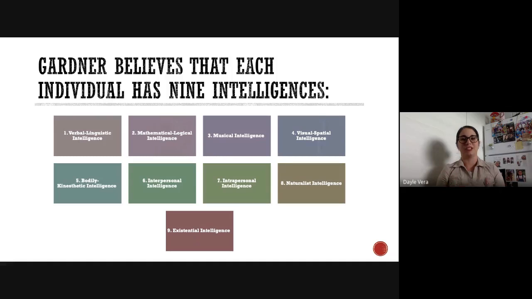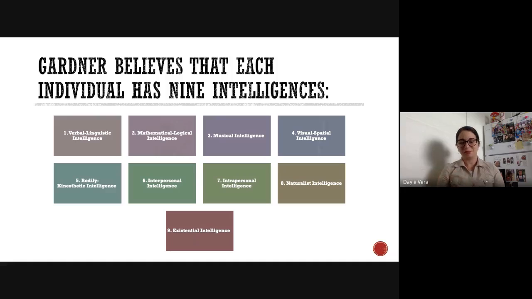The third type of intelligence is the musical intelligence, and this has to do with the ability to produce and appreciate rhythm, pitch, and timbre. So basically, the ability to create music. Some people are really good at this, and this is one of the intelligences that is the most problematic, so to speak, because some people believe that music is not something that you learn, it's rather something that you're born with. But other people say that music, in fact, can be learned. Somebody can learn how to sing, and this is where the dilemma is.